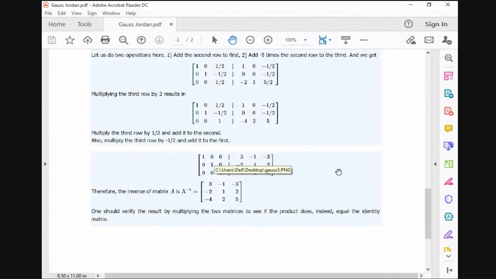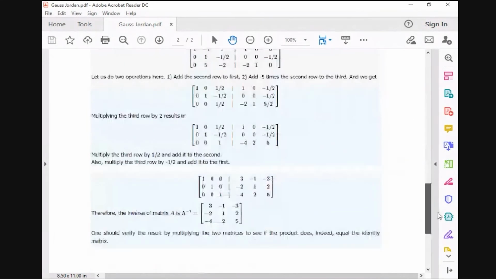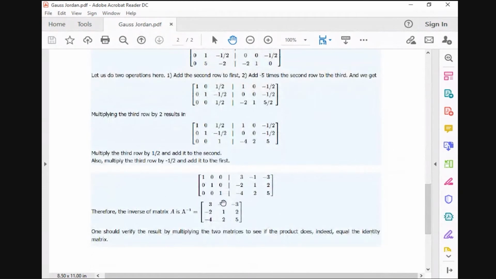What you have to do is just write down the matrix in terms of this augmented matrix. The first matrix that you have to write down as it is. In the second part, you have to just write down the identity matrix, right? Now, after performing the mathematical operations on each row, we have to convert this first part into the identity matrix, right? And the second part that we got is our answer of this Gauss-Jordan method. Okay, so it is clear